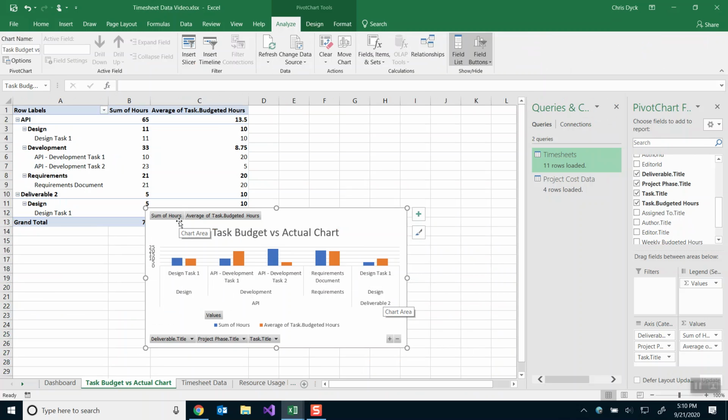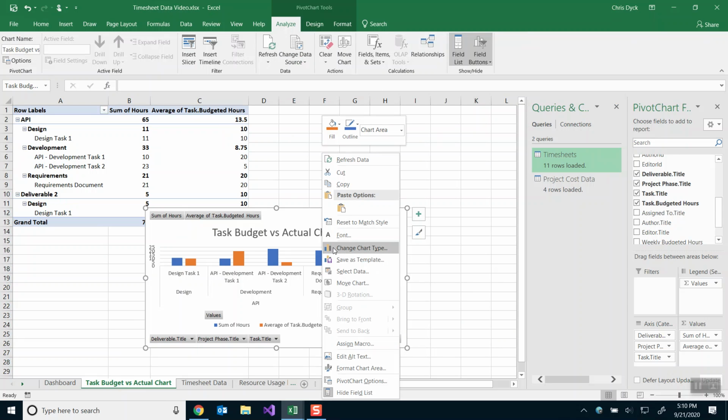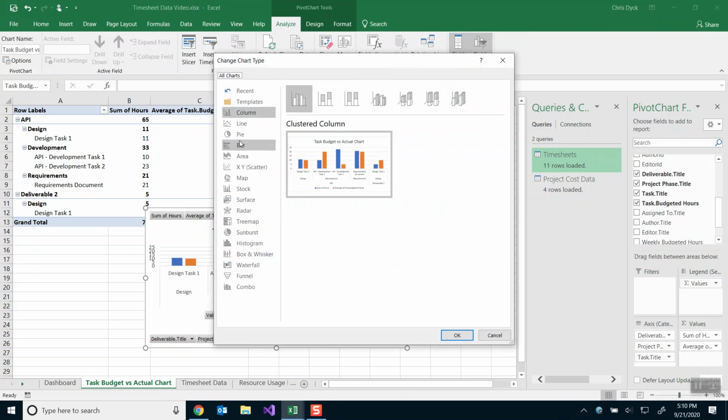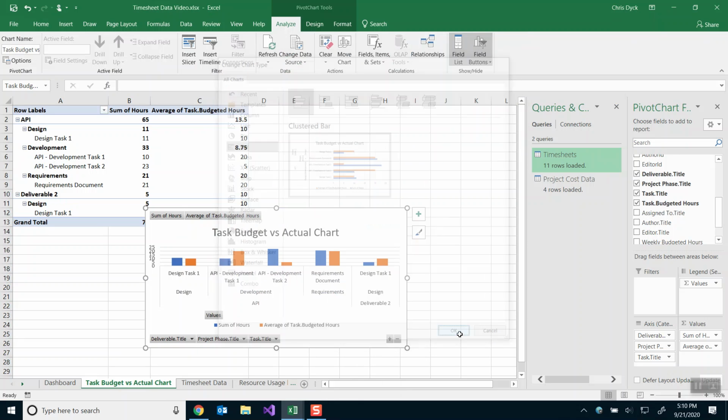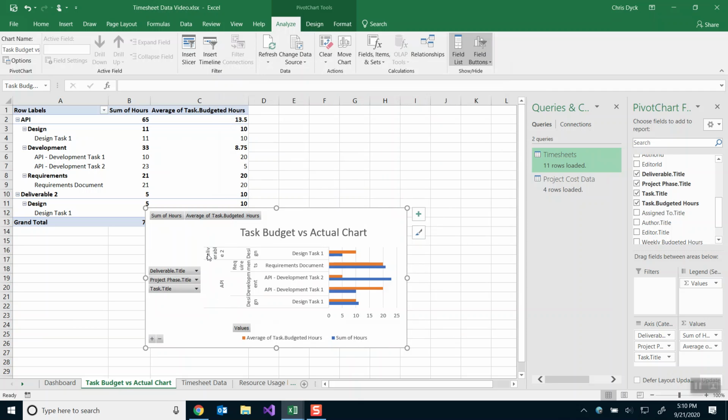But one thing that you will see is that over time this chart starts to break down as there's a lot more tasks involved. So you'll have to be a little more creative in how you use that chart. As you can see, we're still a little squished up here as far as how the information is displayed, but the key is that the information is still being displayed here. You can in fact take away phases if you wanted to make it a little easier to read, but the important thing is that we've got a view on how successful a task is. And from what we're looking at,